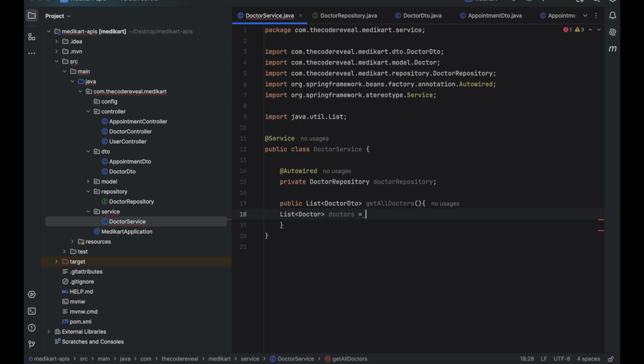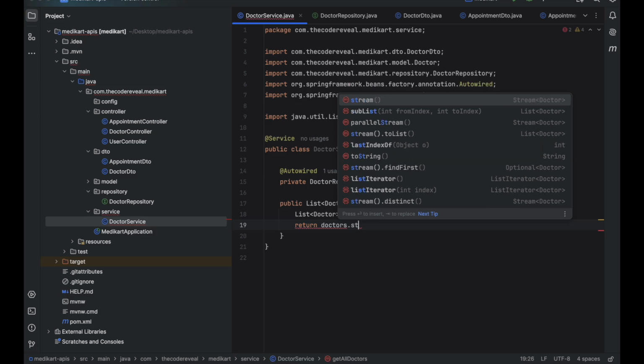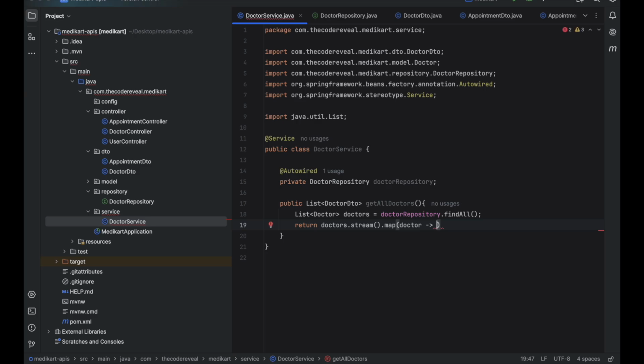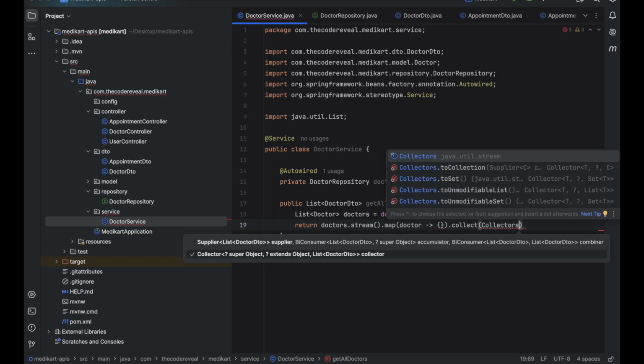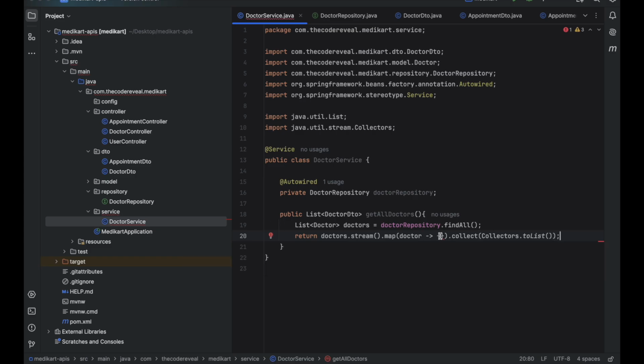For now I'm just returning the list of doctors, find all, and here we'll do return doctors dot stream dot map dot collectors. Okay, and here we'll